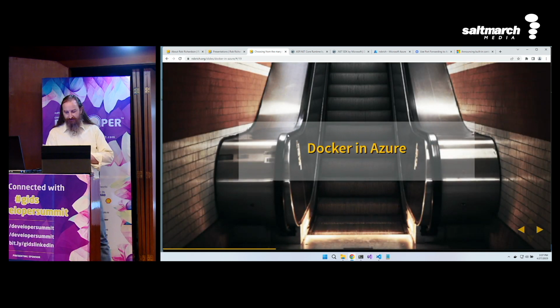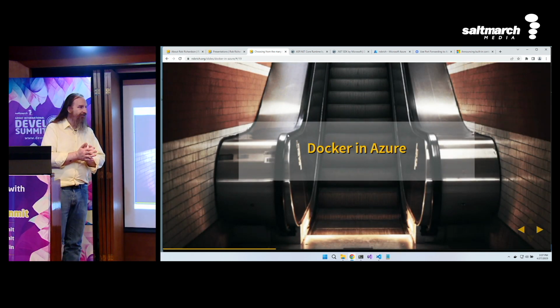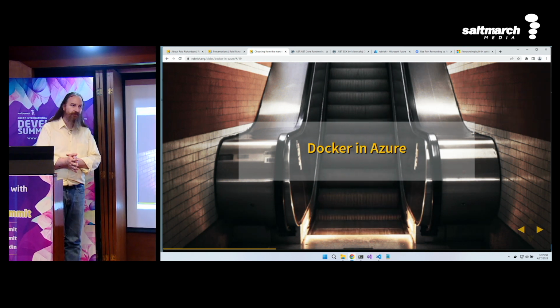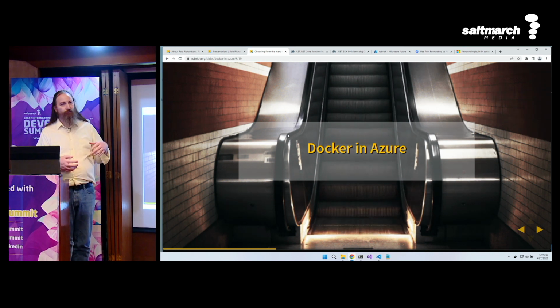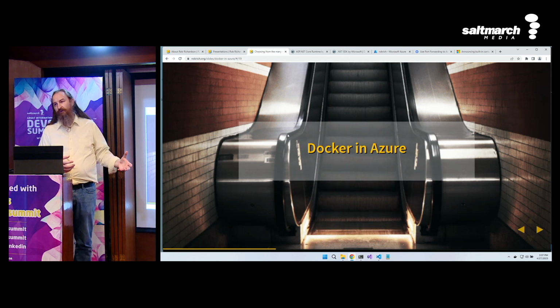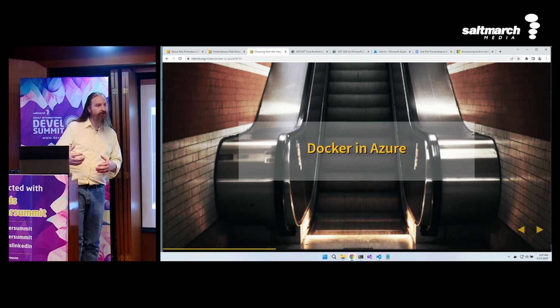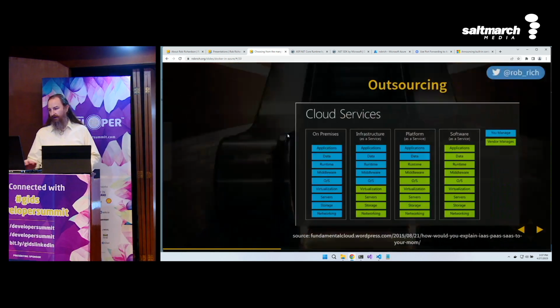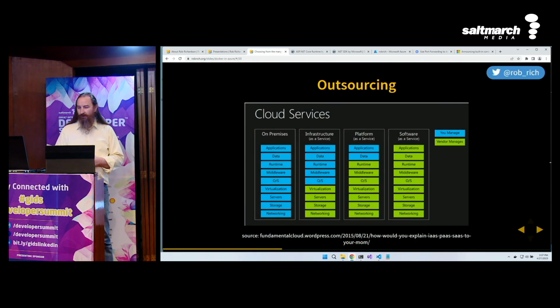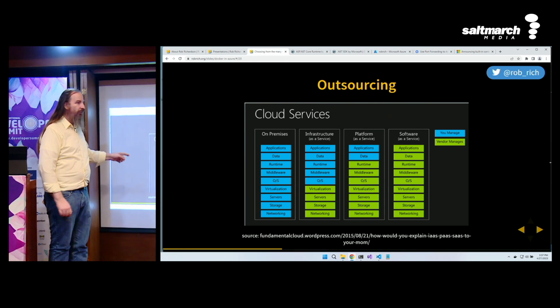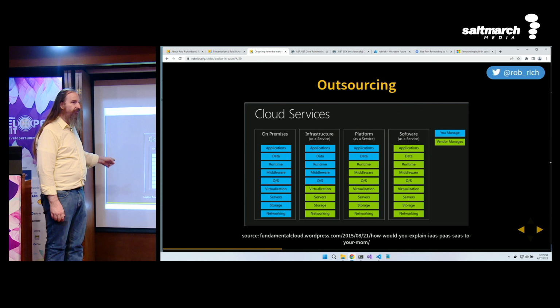Cool. Docker in Azure. What we're doing is picking our orchestrator. Do we want an orchestrator that gives us more control? Do we want an orchestrator that gives us more managed things so we don't have to worry about it? That's what we're picking here. We've seen this where we have our process to the cloud, where we choose to run everything.